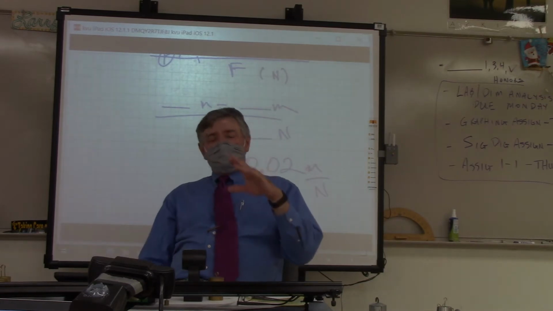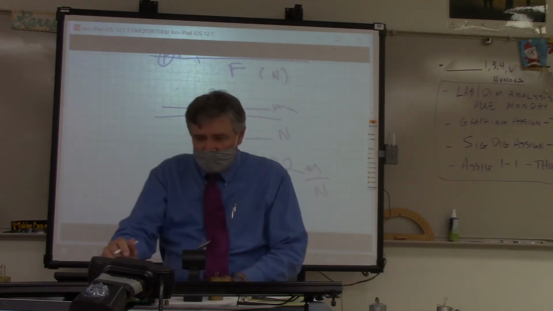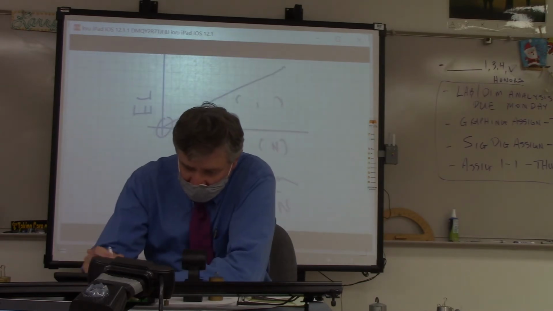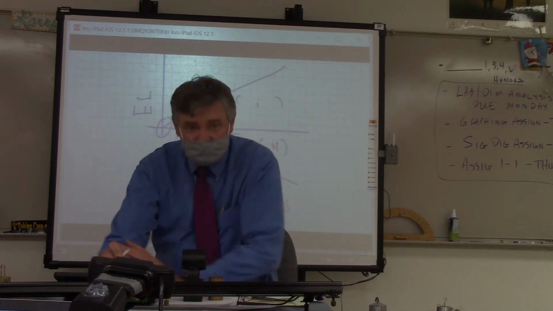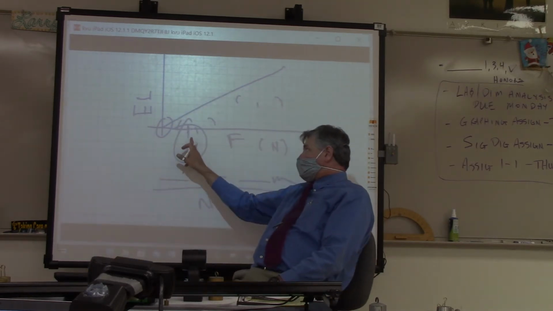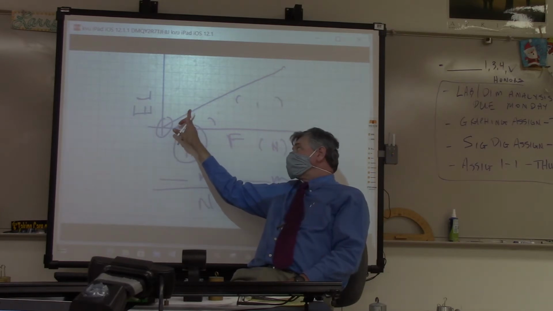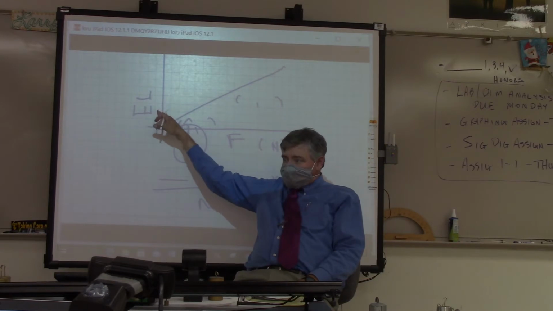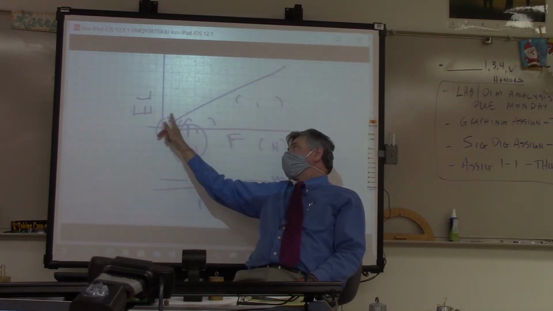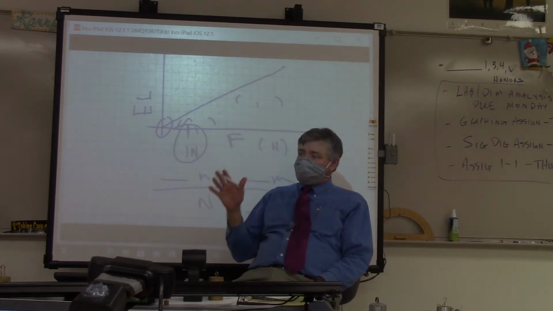Now, here's how I'm going to check that you got this right. Here's the first thing I'm going to do. I'm going to go to your graph, and I'm going to find 1 newton. I'm going to go to 1 newton, and then I'm going to come up to this point, and I'm going to see where it crosses this line, and then I'm going to come over here, because that's what the slope of this line should be. So I'm going to start here, go up, go across. That should be the slope of the line. So if you want to see if your slope is right,